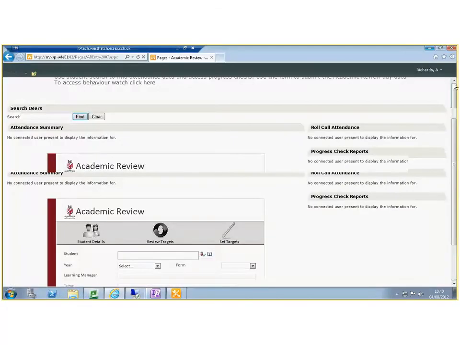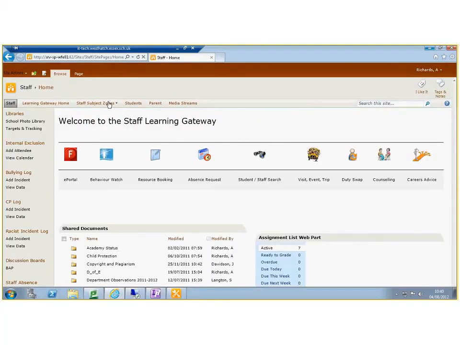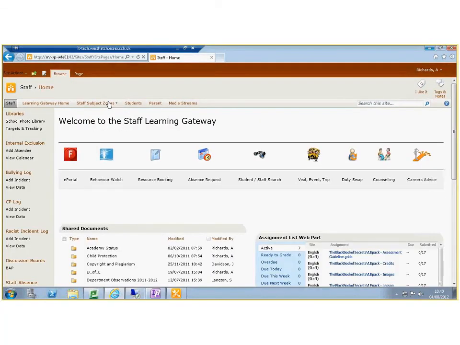So this is our staff section of the gateway. And what we have, which is probably quite relevant to some businesses, is an absence request. So if I want some time off, whether it's to go to the SharePoint conference in Las Vegas in November, which I imagine all of you are going to, which you really should, because there's going to be some really cool stuff showing off, we have to fill in an absence request. So if I click that,